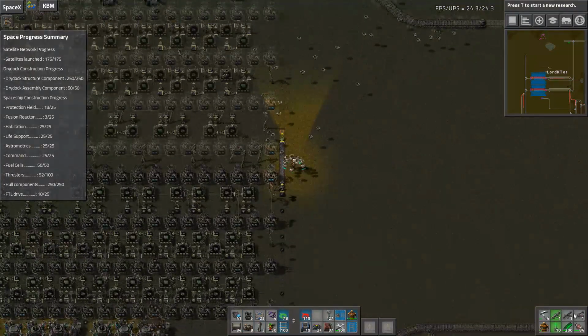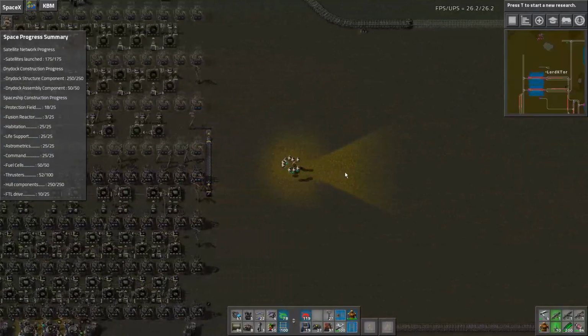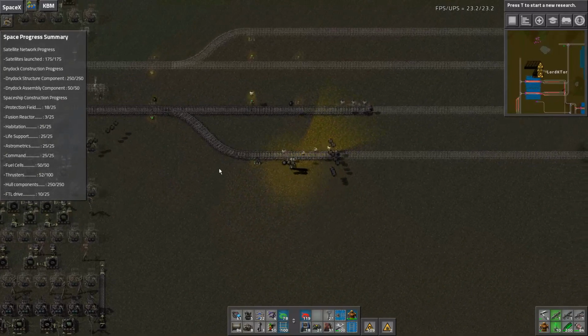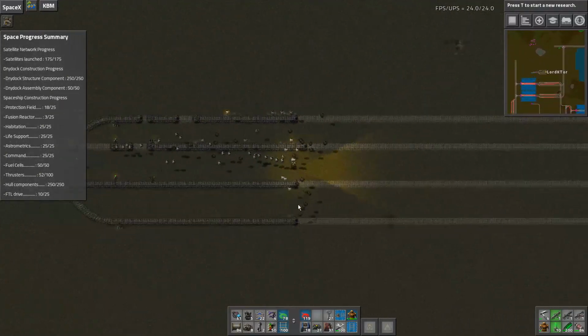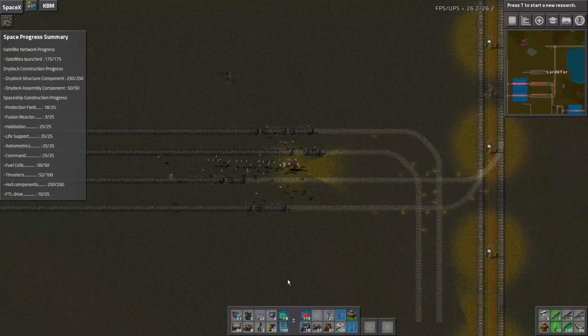Which armor have I got on that one? I certainly don't have all of this stuff. I'm going to have to... do I not even have any red? Maybe not. I am going to have to set up a supply station over here to sort that out, but this is